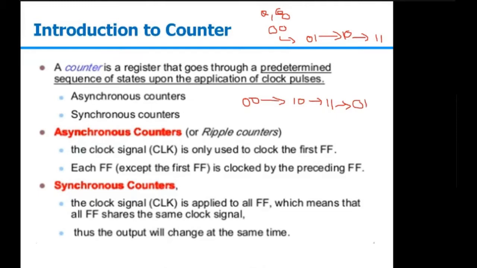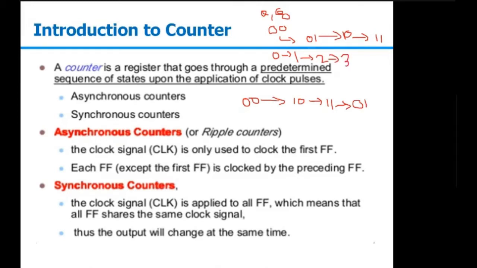For the general term, when I am saying up counter or down counter, we are having a uniform sequence 0, 1, 2, 3, like the first one here. So 0 to 1, 1 to 2, 2 to 3, because 1 1 is 3 in decimal. So we can say this is my up counter because it's counting from 0 to 1, 1 to 2, and 2 to 3.